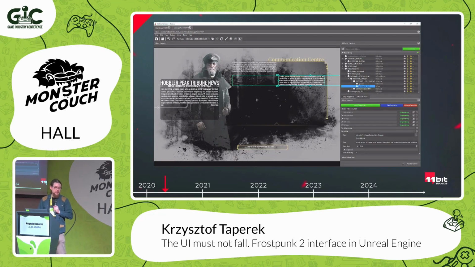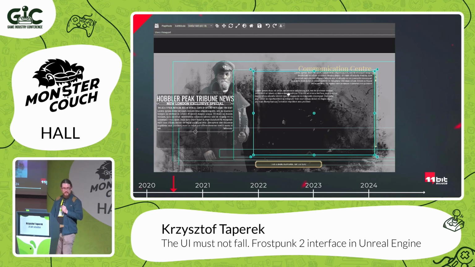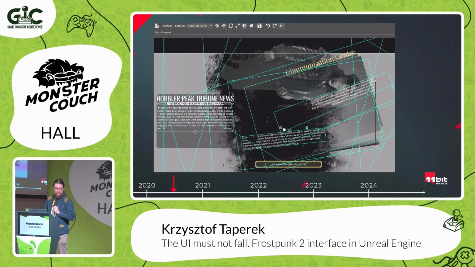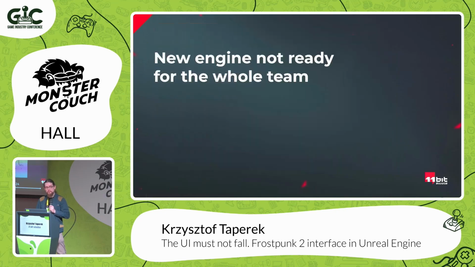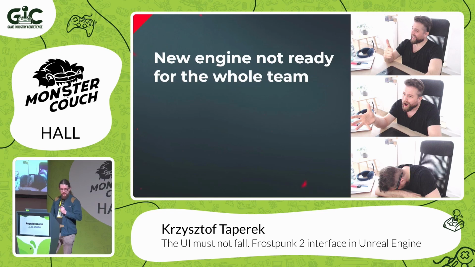So that was the UI editor in Liquid Engine 2. But of course, as every custom tech, basically as every tech, it had a lot of its own problems. So that's how our editor worked. Here we have gizmos, so everything was flying around all the time. So it was quite clear that our engine was not ready for the whole team. And that was our UI artist's reaction when he saw Liquid Engine 2 for the first time. Because it was even worse for him than Liquid Engine 1, and it wasn't great at that time already for artists.